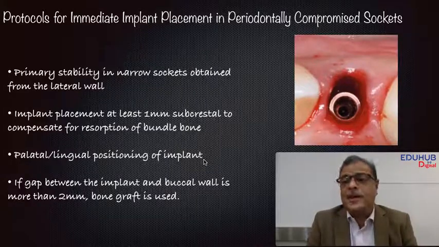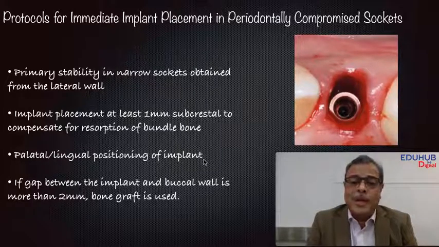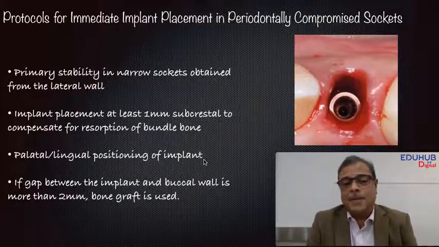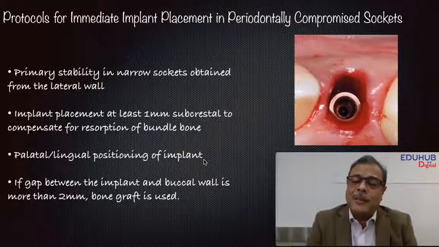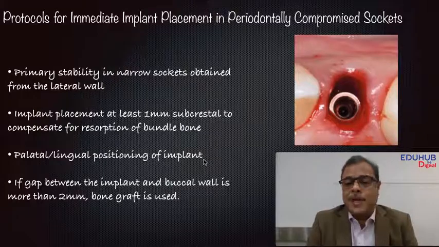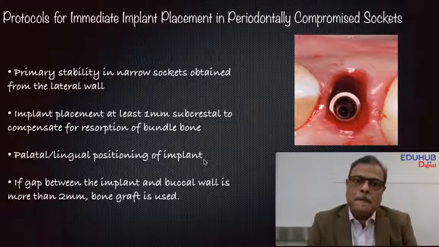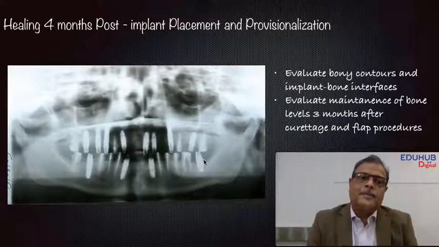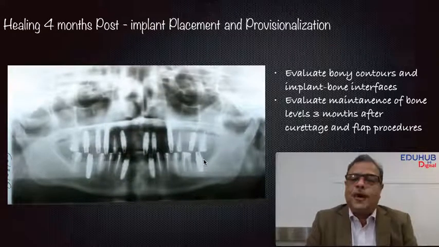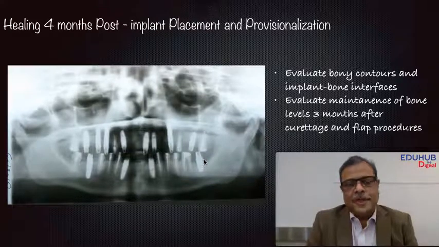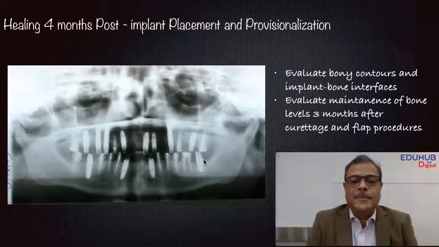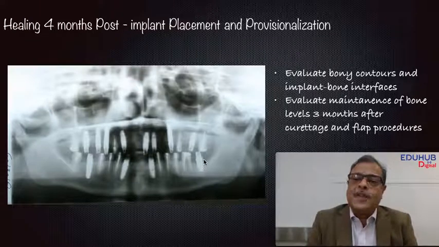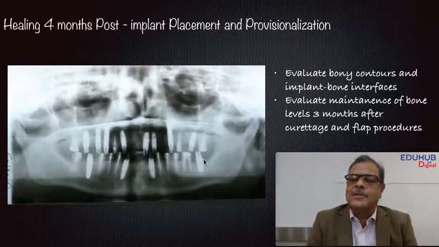If at all this defect on the buccal side is more than 2 millimeters, I would use a graft. Something like a xenograft, something like a BIOS, which will not resorb so fast, which will hold on, which will give rigidity to this area, and which is predictable. It's worked very well in practice. And then you wait for everything to heal. You look at the bone formation, and only when you're sure that everything is fine, and usually it's 17 weeks, the maturation of the bone,